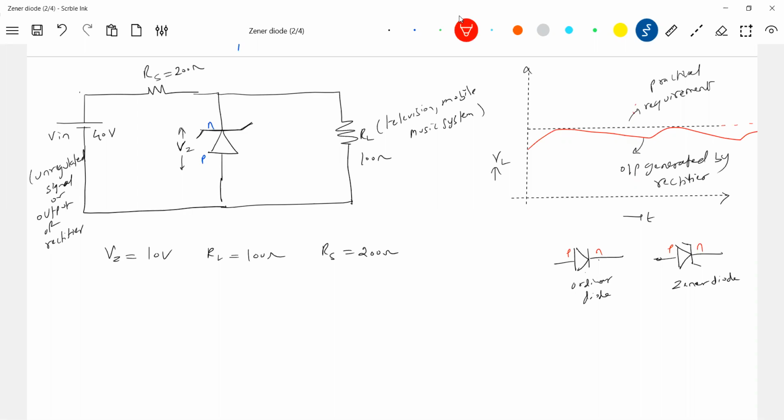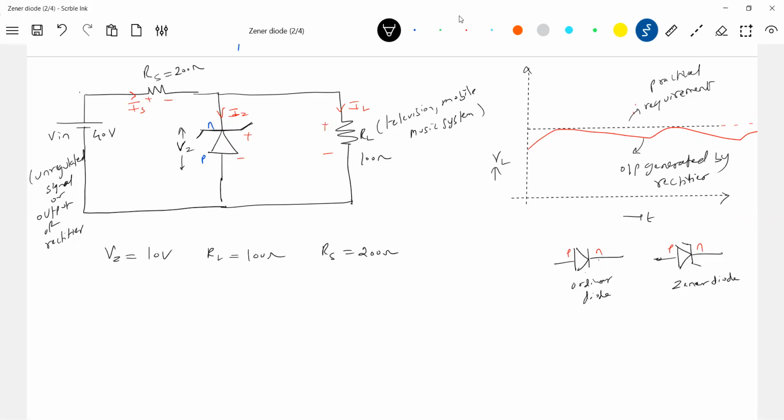Okay, let's write the current in various branches. This is IS. Current through the Zener diode is IZ. Current through the load is IL. If you go for polarity, this will be plus minus, plus minus, plus minus. Sir, N-type positive. This is with respect to the flow of current. Don't get confused here. With respect to the flow of current, this polarity is given. Look at this one, I'm treating this just like one resistor here. That's all. I'm treating it like a resistor when I'm giving polarity here.